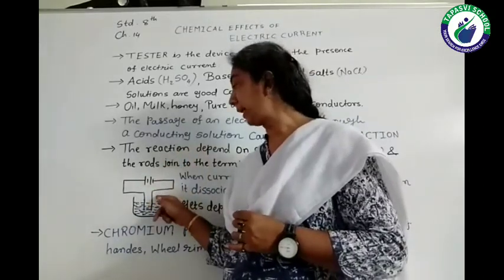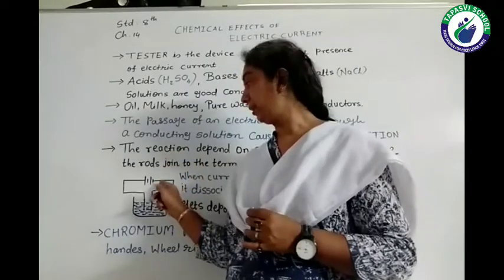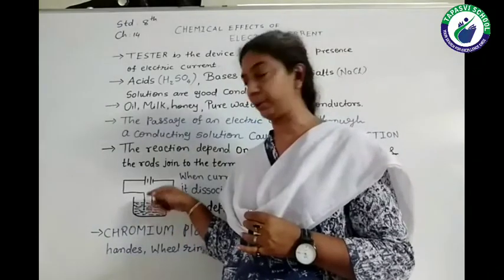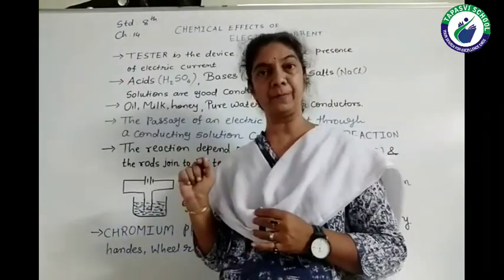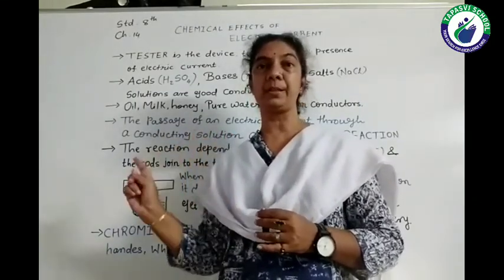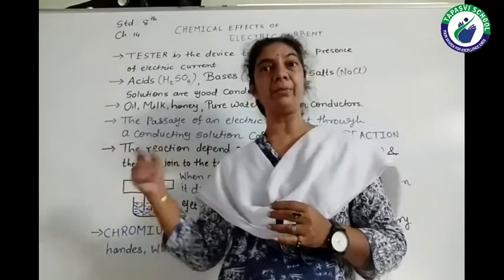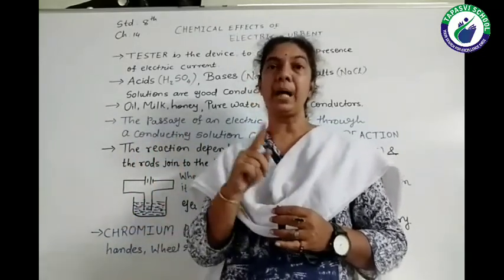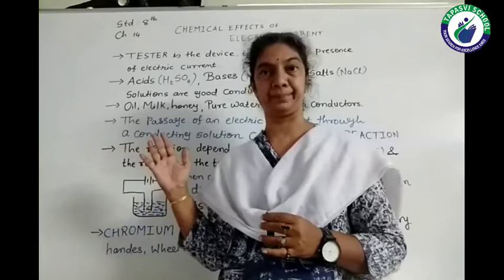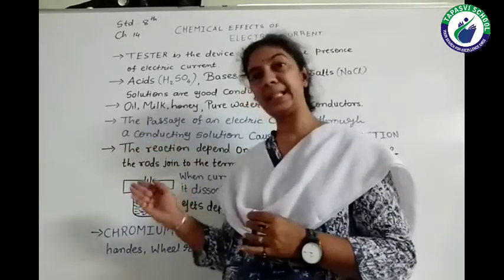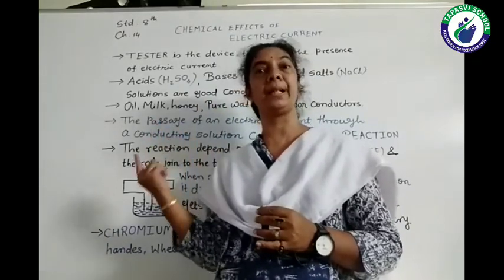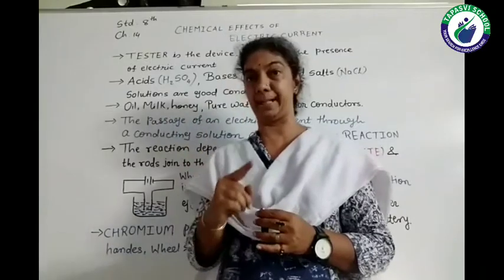So whenever I connect the iron rod with the negative terminal, the copper which is released from this solution will be deposited on the negative terminal of the battery. So whatever electrode I use with that negative terminal, the copper ions will deposit on it, meaning a thin layer of copper will be formed on that. And as a result, we can see a thin layer of that metal on the substance which is connected with the negative terminal of the battery.